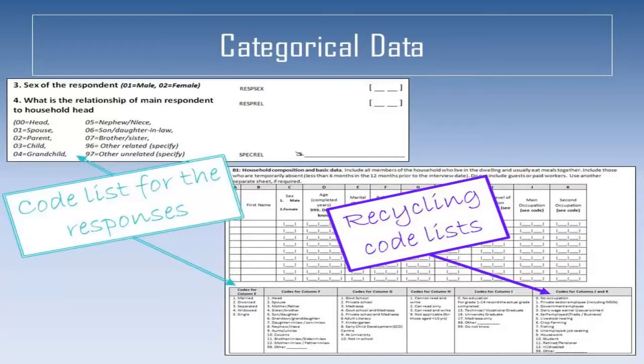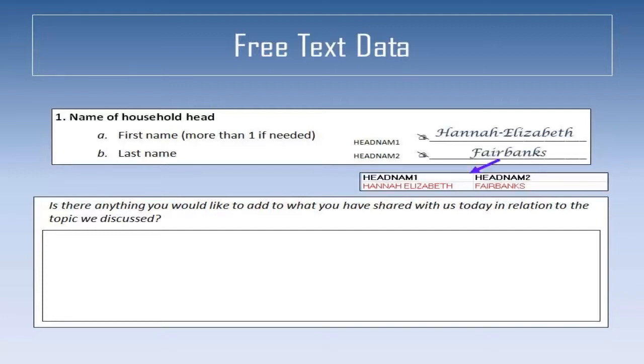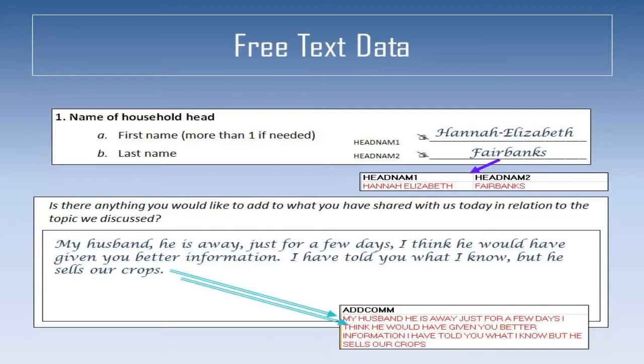be recorded. Free text data is text data that cannot be coded into categories, such as respondent name, or data resulting from an open-ended question, such as give your opinion, do you have any further comments, or enumerator comments. Free text should be entered exactly as seen in the original source. No text should be paraphrased, however punctuation and accents will need to be removed. If free text may need to be used for any analysis, for example, if the frequency of respondents mentioning a key phrase or word is of interest, it is useful for the data to have been entered either all in uppercase or all in lowercase.